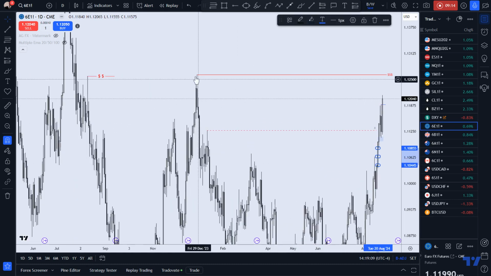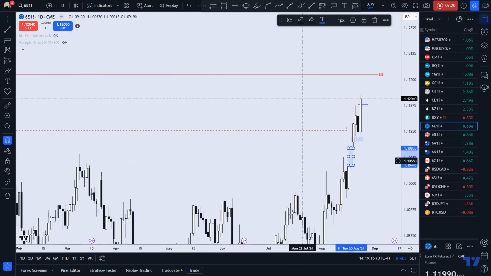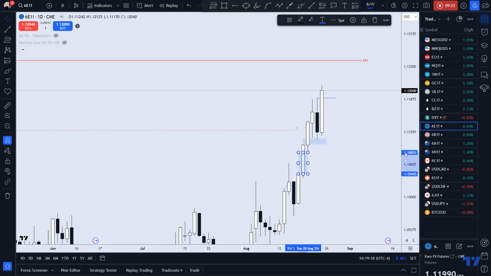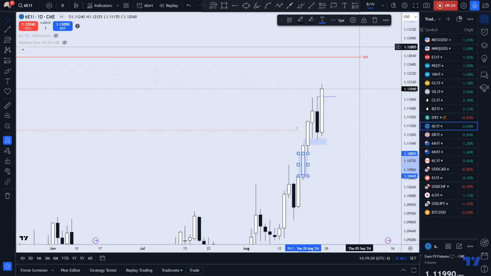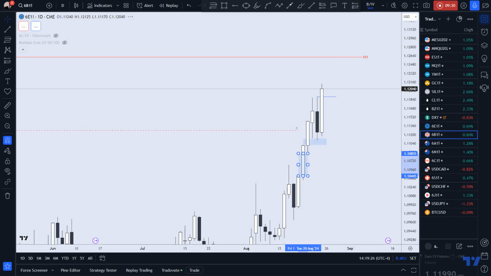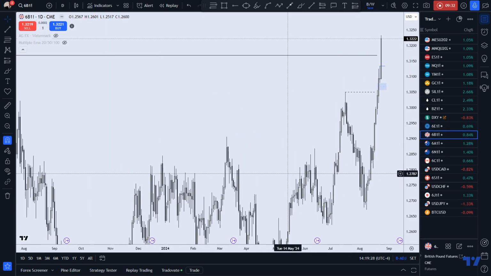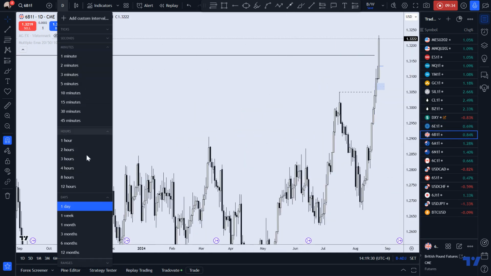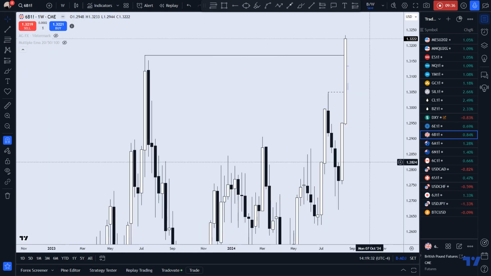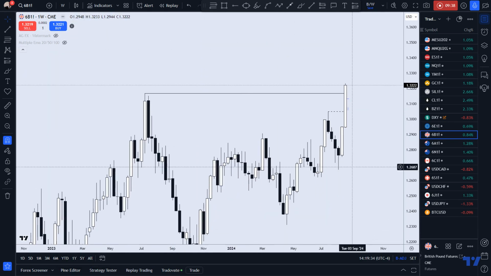But I'm looking for that high to get taken out, as close to this high, which are relative equal highs, and that's a strong draw on price. So I'm looking for price to continue higher. I'm not interested in taking shorts in this market. If we go to the pound, pretty close to the same thing, insofar as I'm bullish on the pound USD.